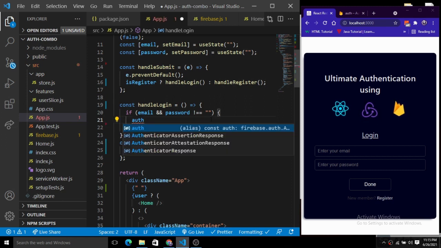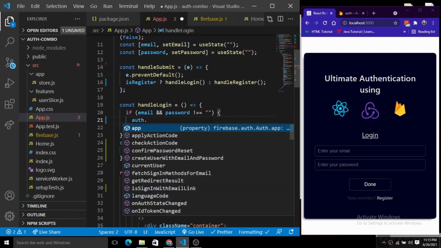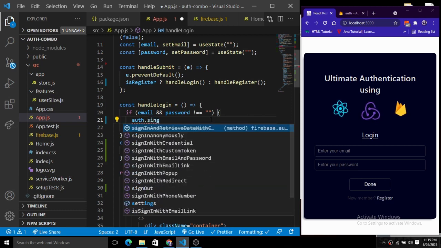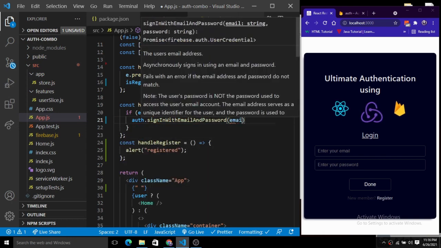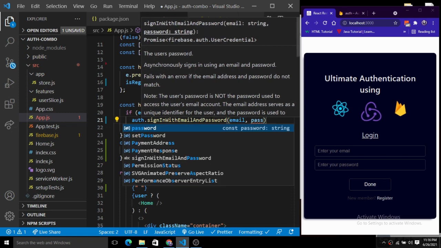So for this login, we just sign in the user. For that we create a function that is signInWithEmailAndPassword. Here we provide the email and the password.